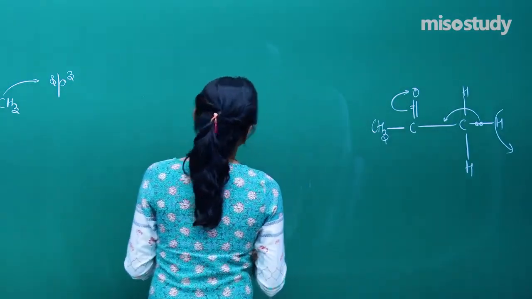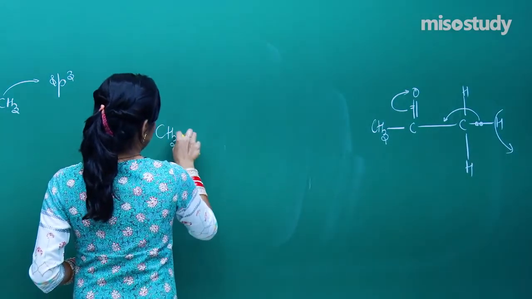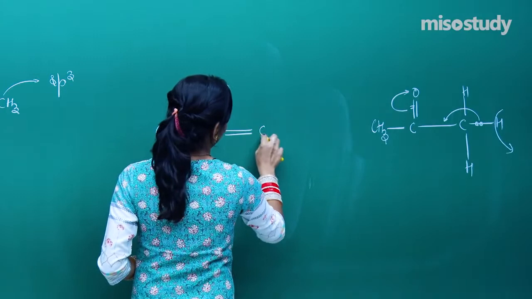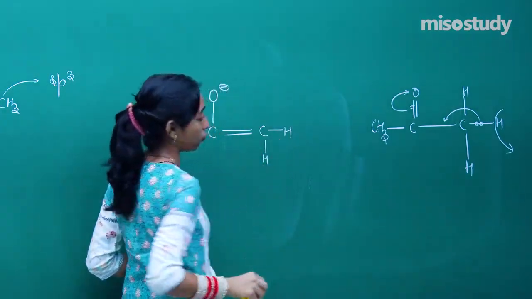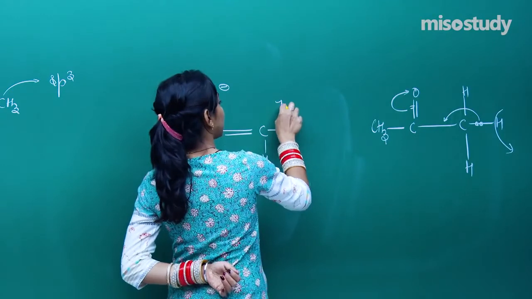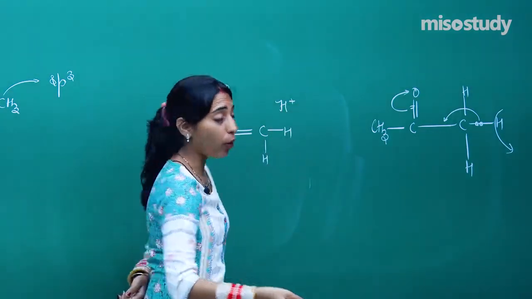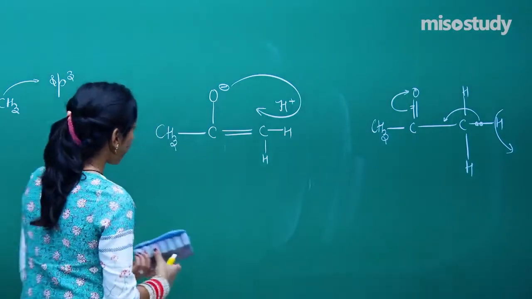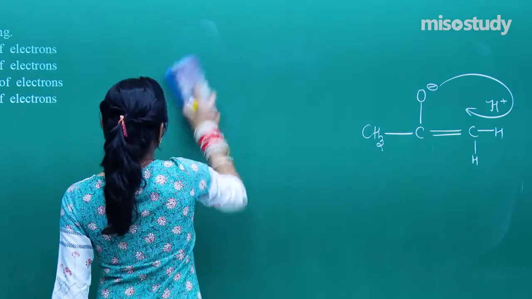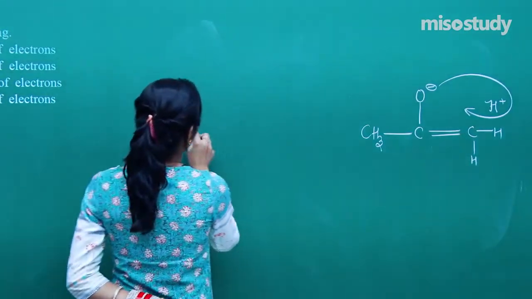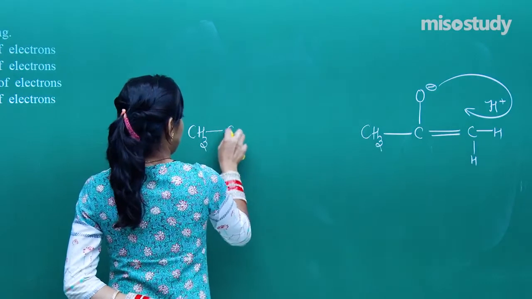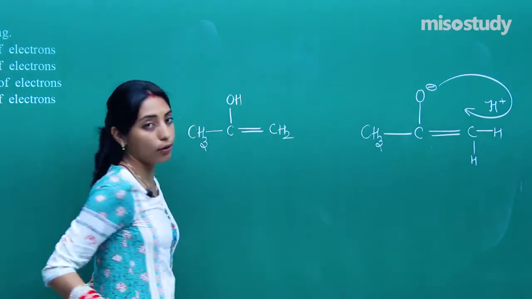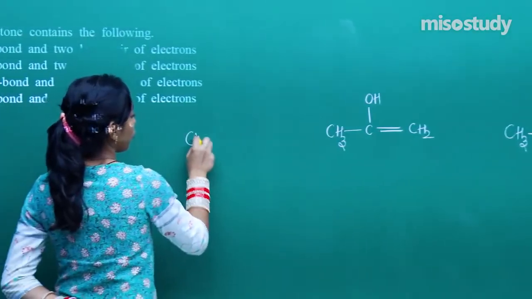then I can say, CH3, CO will get a negative sign and this double bond will be there, one hydrogen, one hydrogen, right? And this H plus, rather than going away from the molecule, will be captured by this oxygen negative atom, and once it is captured by O minus, it will lead to the formation of this form.